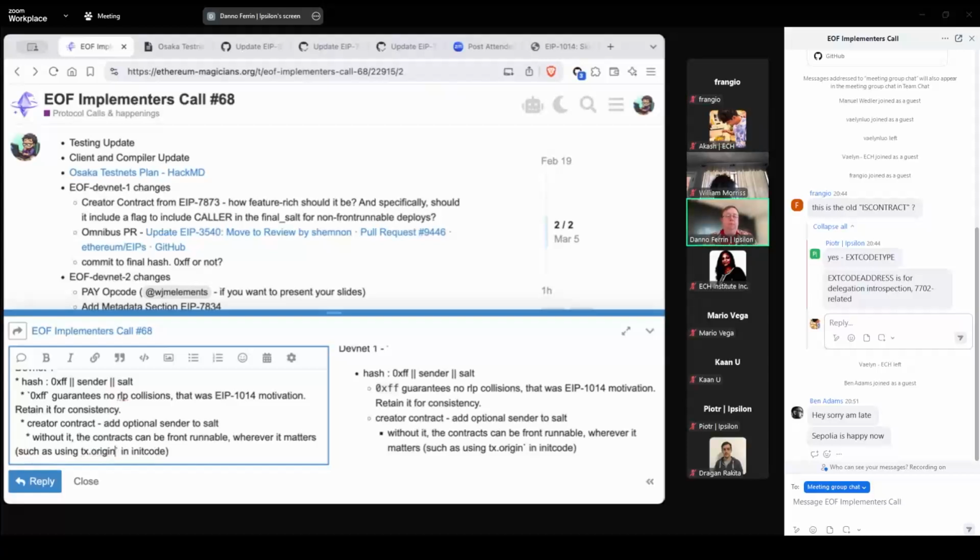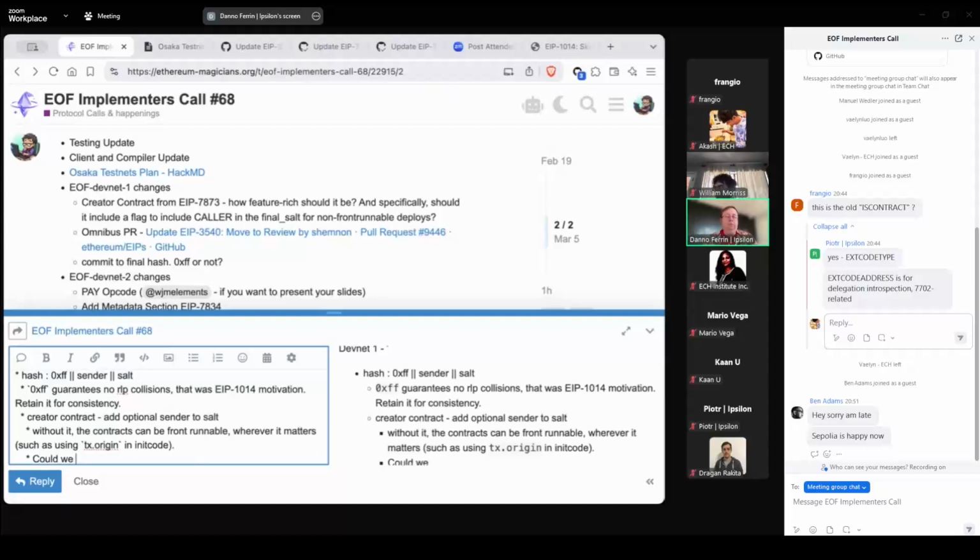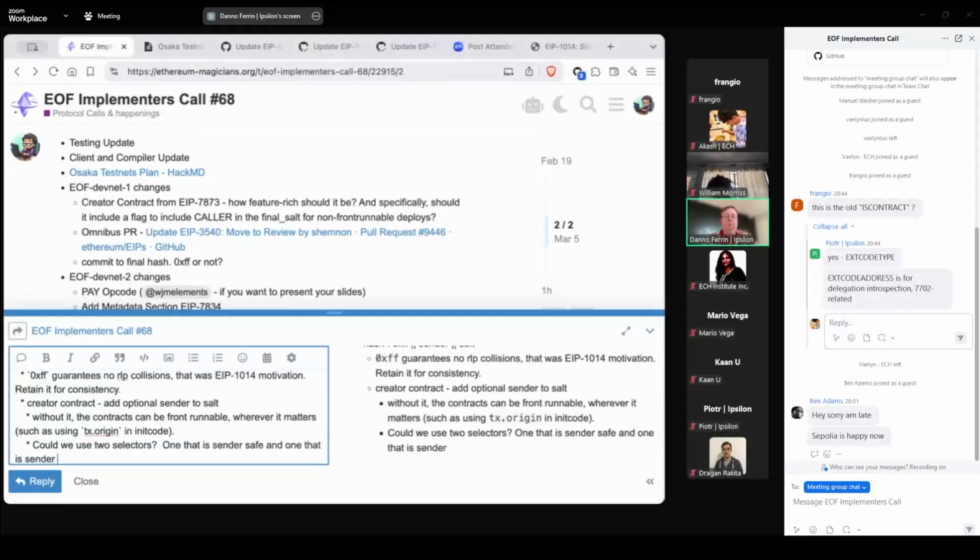But is hard coding a selector into the original creator contract that much better than having an ERC factory, which is standardized and also deployed with a standard address?